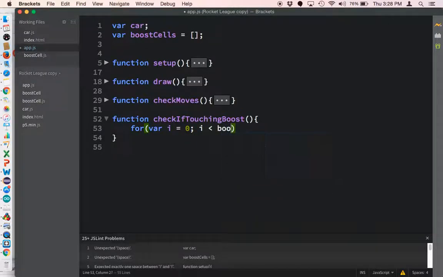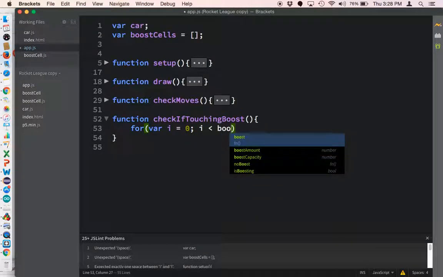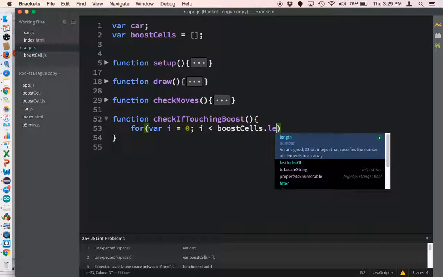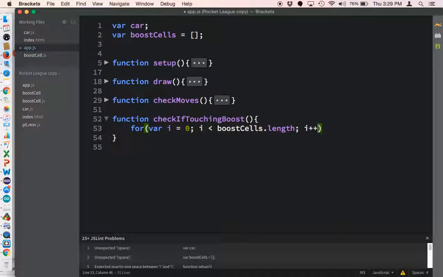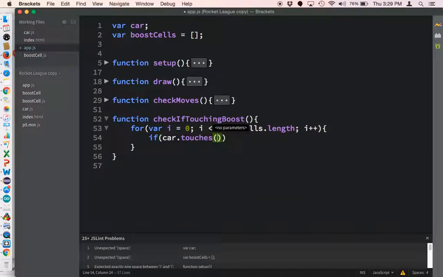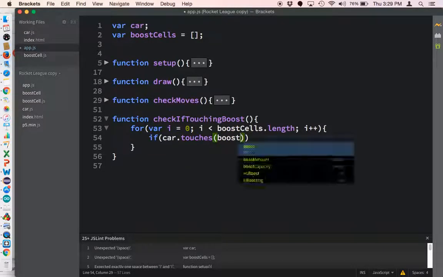I is less than boostCells dot length, I plus plus. So now I need to check if the car touches boost cells